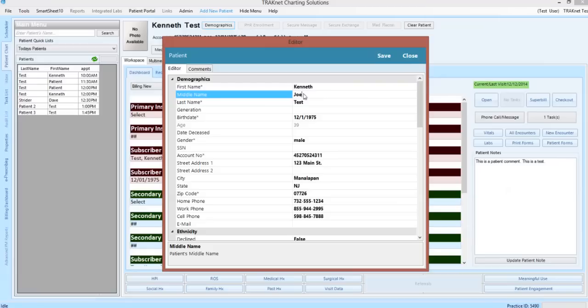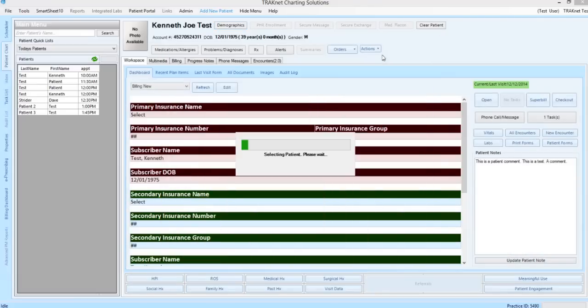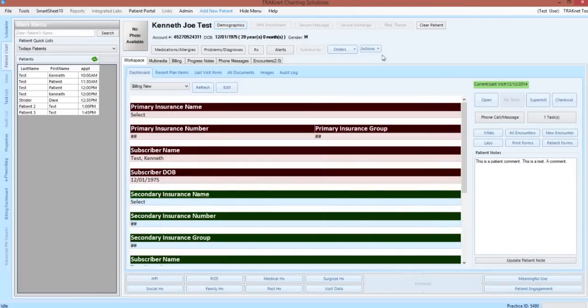in the necessary information. The patient's chart also has a Comments tab here that will allow you to enter any internal comments specific to this particular patient. Once you have finished making any necessary changes, click Save in the upper right-hand corner of the editor window to save your changes. The Clear Patient button at the top of the screen will clear this patient from the screen, leaving a blank